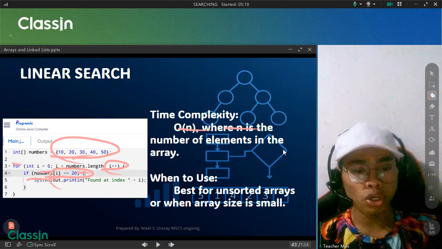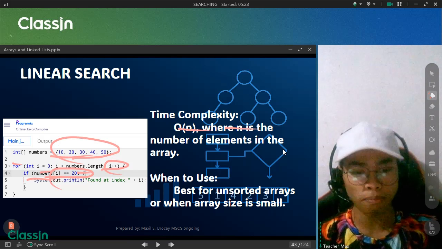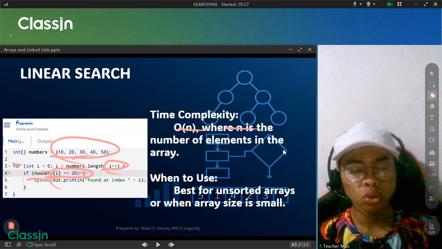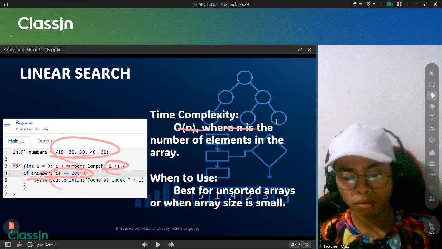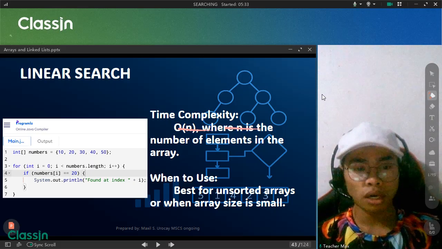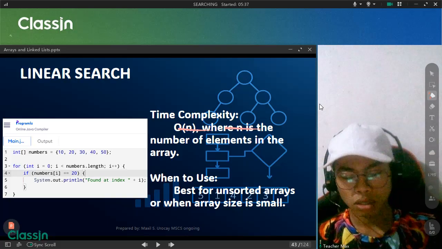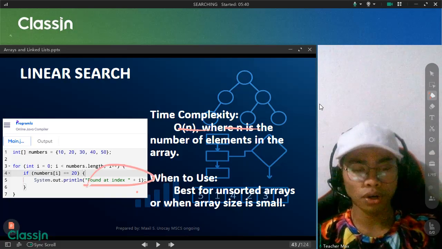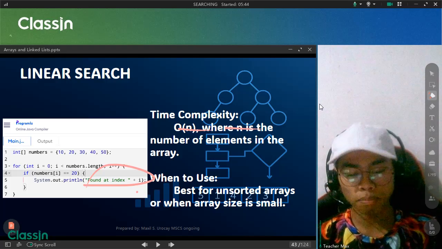That condition will be evaluated as true or false, like a boolean. If that is true, then the output, found at index, will be printed here.